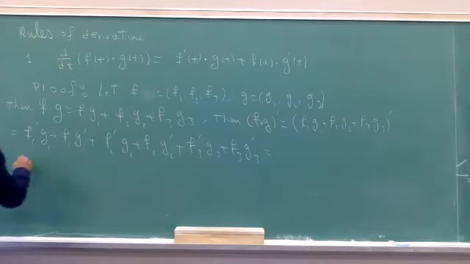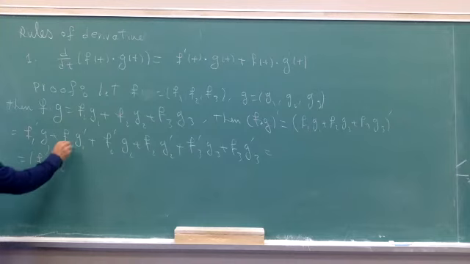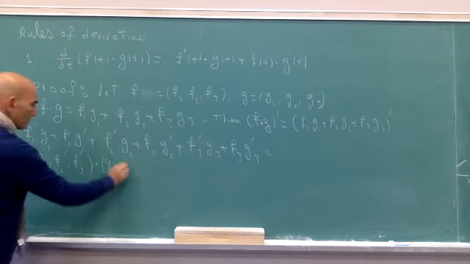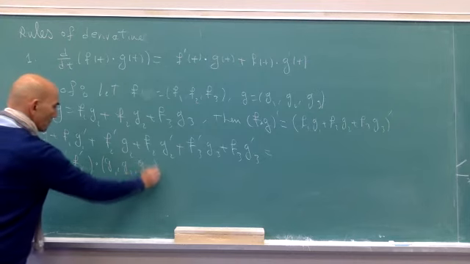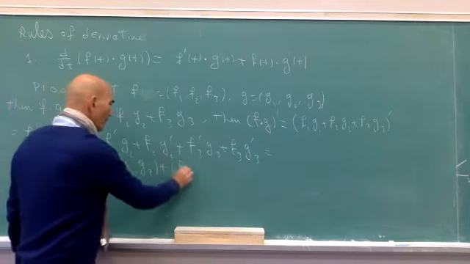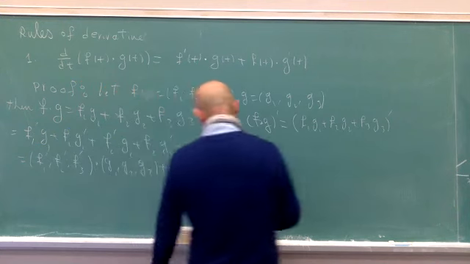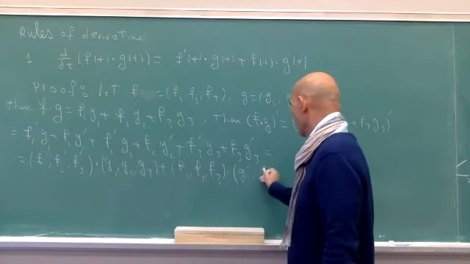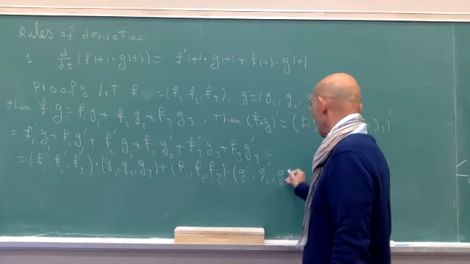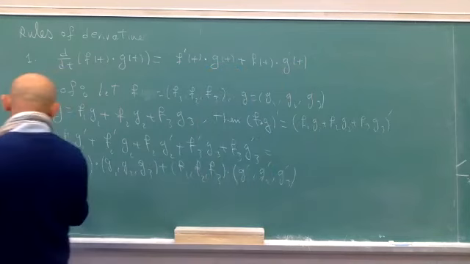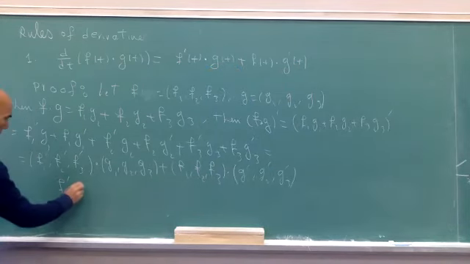I can write it as (f1', f2', f3') dot (g1, g2, g3) plus (f1, f2, f3) dot (g1', g2', g3'). Okay? Now we are good, because this is equal to f' as a vector dot g